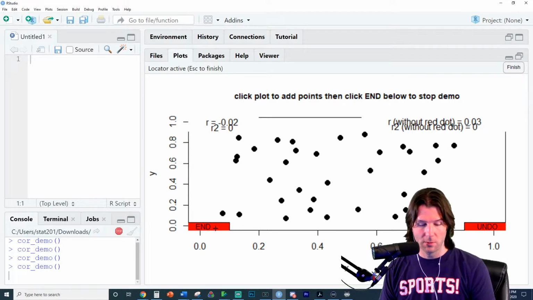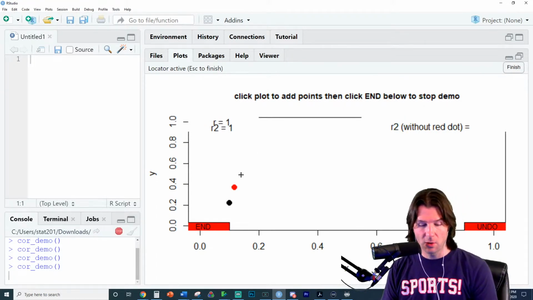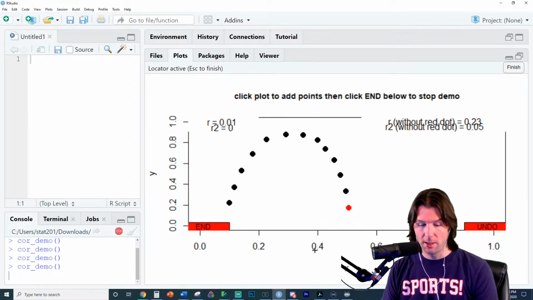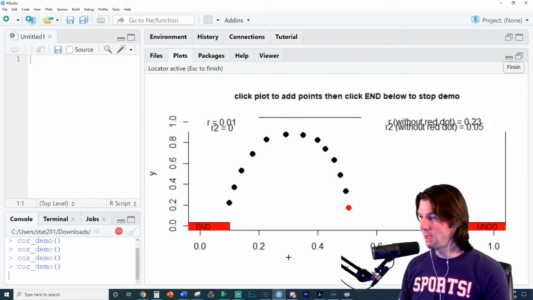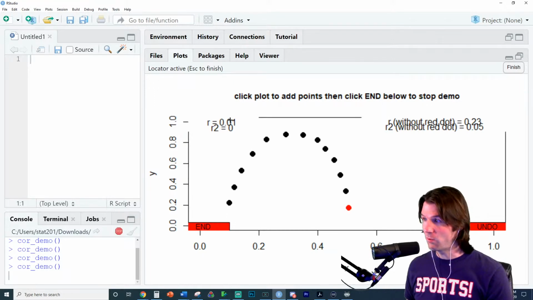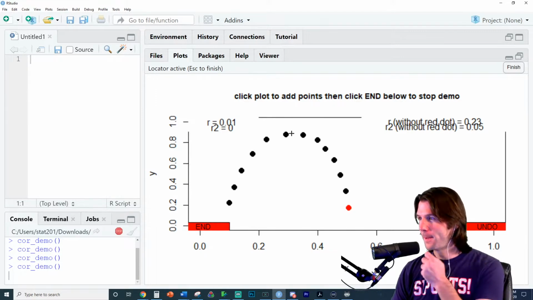But we should also note that while this has a correlation of 0, we could still get a correlation of 0 if we do this. If we do this pretty well and make a really good parabola here, there we go. Look at that, really good parabola. And I didn't get a perfect 0, so I didn't get the A. But the correlation is right next to 0 right now, because if you draw around this, you will get a 0. There's no real linear relationship here.